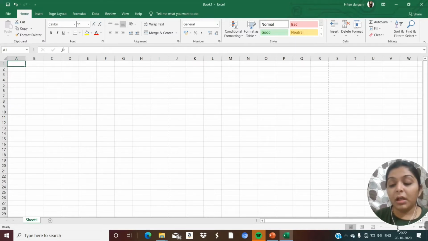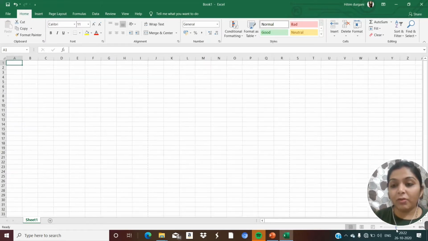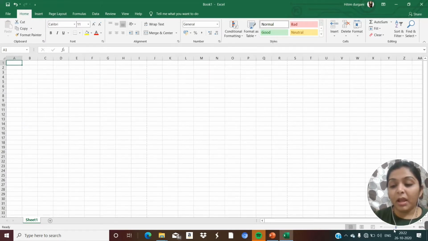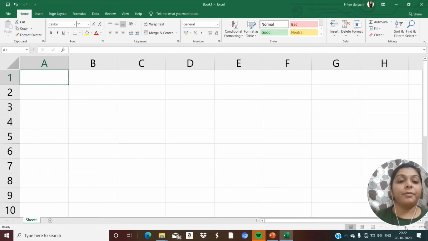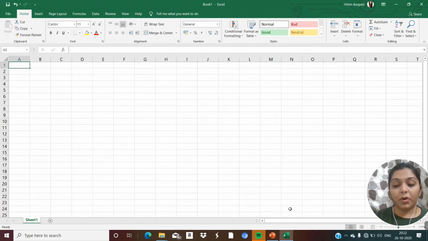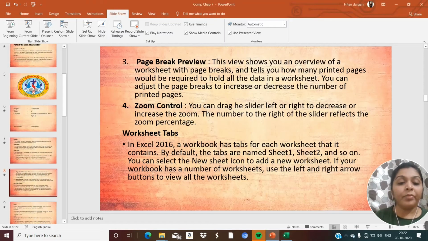One is the zoom in and zoom out option. See, here it is showing the percentage zoom level. Click to open the zoom dialog box. Here we can increase and we can decrease also. As you are seeing, there are changes being made in my worksheet as I am decreasing it or increasing it. Is it clear to you, dear children, how you can do this? Understood it very well. The next one we are having